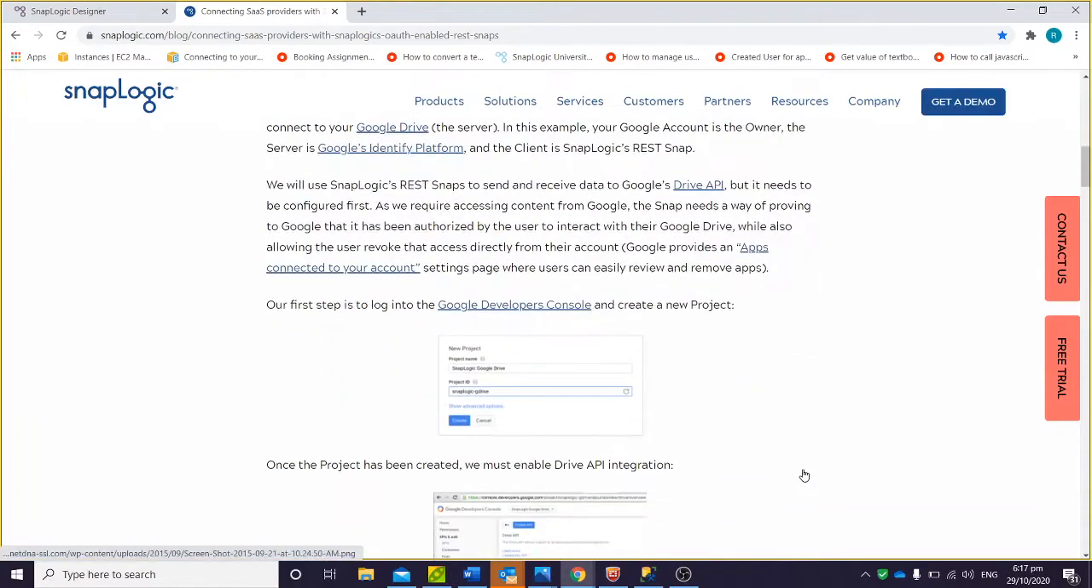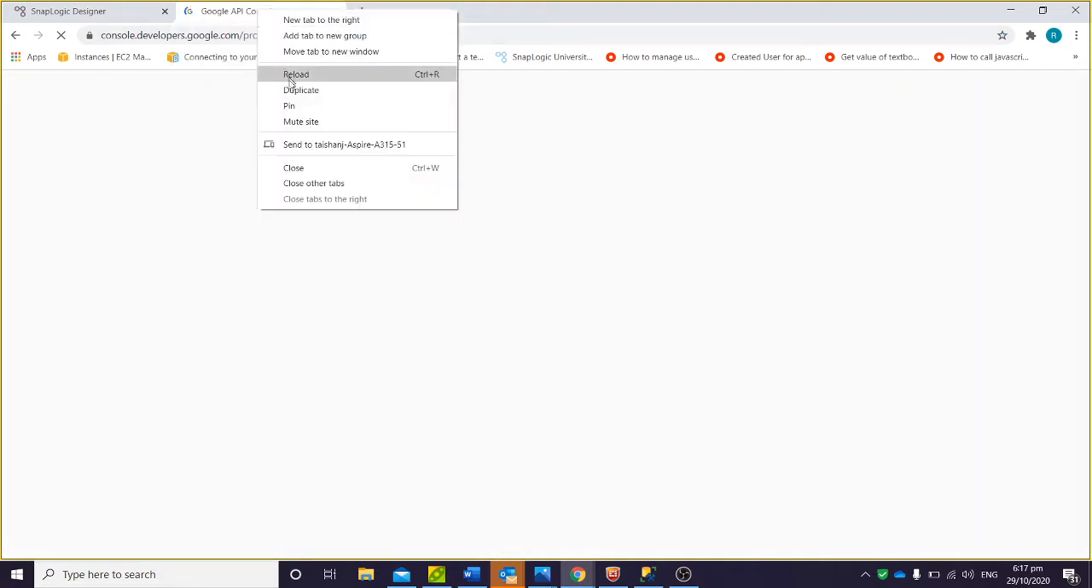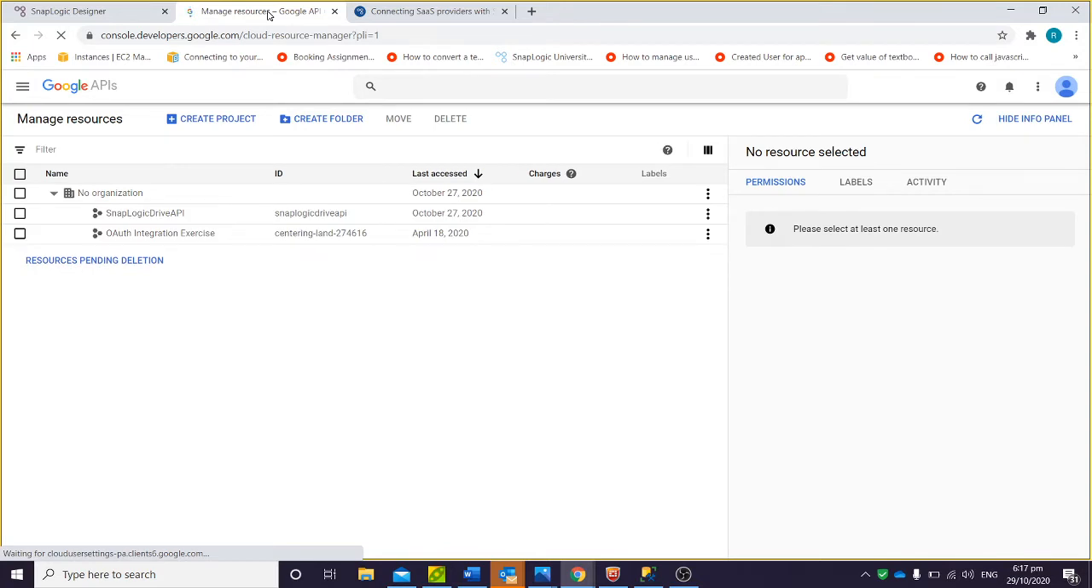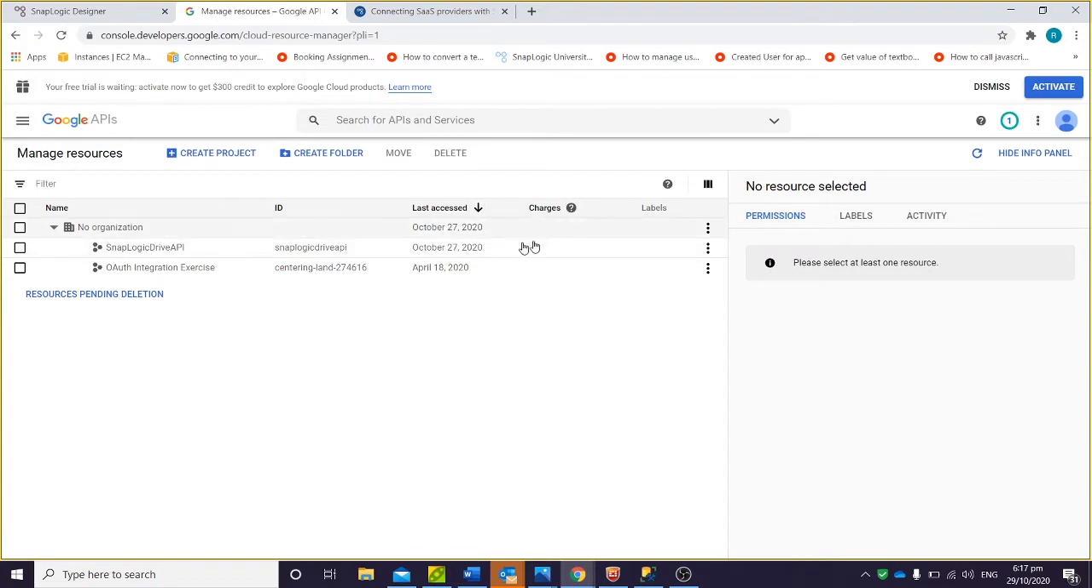Step one, of course, you'll have to create a project in Google Developer Console. So I did not intend to leave the URI. Let's do this. Okay, so we're inside of my Google Developer Console, and as you can see, I have a previous SnapLogic driven API, and I'm going to create a new project. So I'm just going to create a project,